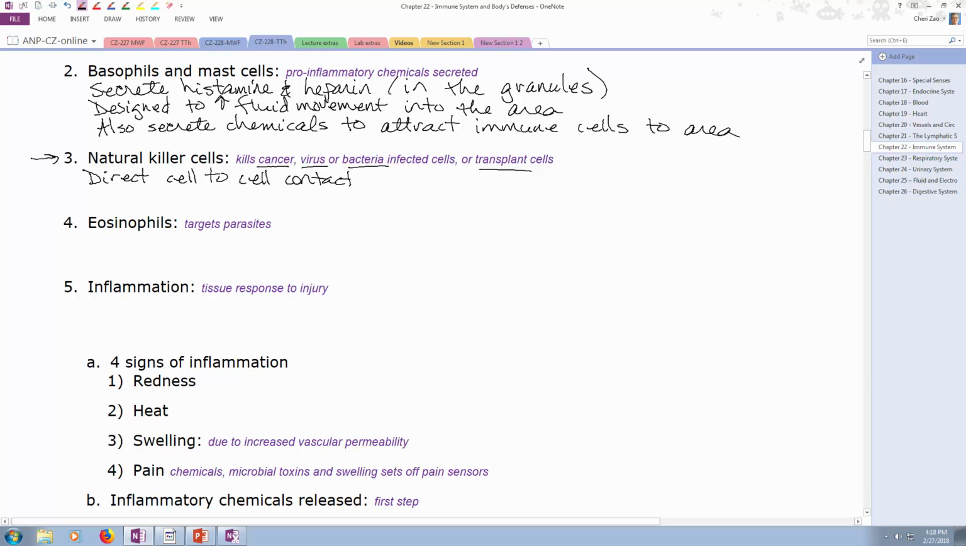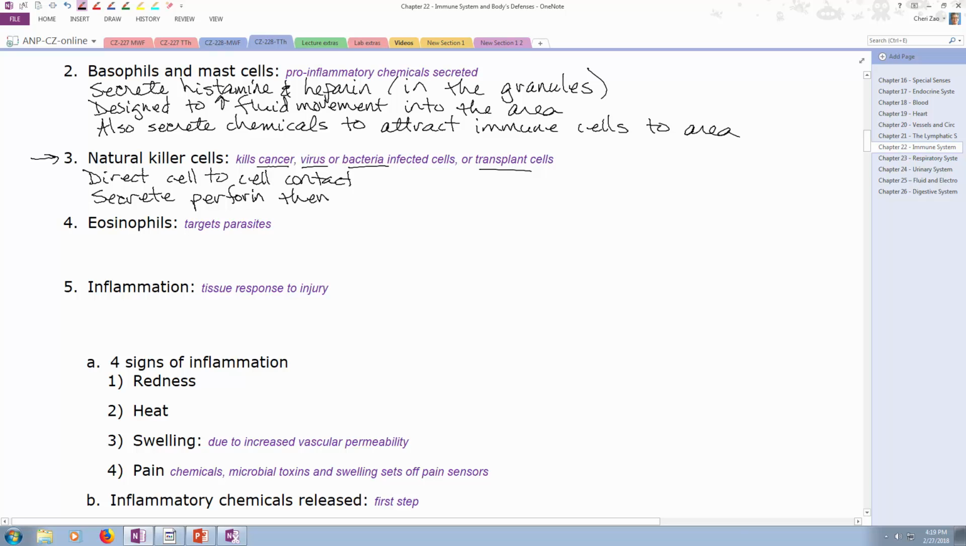And what these guys do is they'll land on the infected cell and they do a little bit of what I call a time bomb. Once they attach, they secrete a chemical called perforin. Can you figure out what perforin does? Perforin perforates, right? So they secrete perforin. It drills a little hole into the offending agent or the pathogen, and then